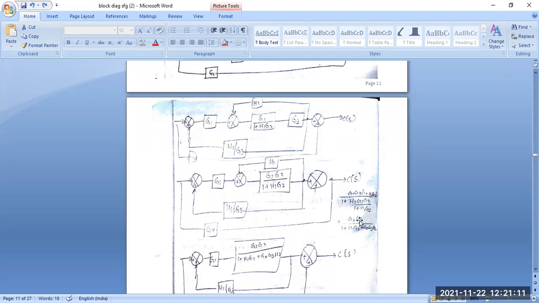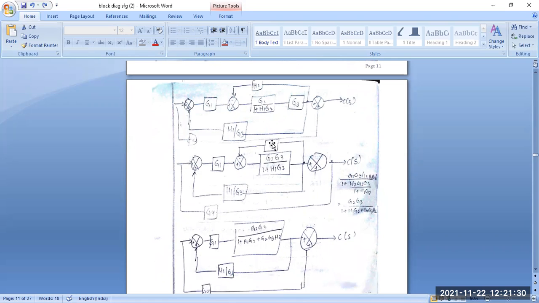So here you can see we have to calculate according to this feedback loop, that is G2 G3 by 1 plus H1 G2. That means these are basically other feedback loops, and now these feedback loops we have to eliminate from here. This feedback loop, that is H2, is applied ahead of this block, from this point to this summing point. So the equation is coming, you can solve easily. G2 G3 by 1 plus H2 G2. Okay,